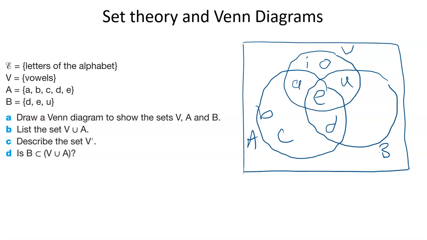Everything else in the alphabet needs to go on the outside. So A, B, C, D, E, F, G, H, I we've got, I've gone to capitals, shouldn't do, I've got rid of that. Let's backspace. So E, F, G, H, I, J, K, L, M, N, O we've got, P, Q, R, S, T, U we've got, V, W, X, Y, and Z, or Z. But it doesn't rhyme as well. So we've got all that filled in, excellent, and now we can list the set of V in union with